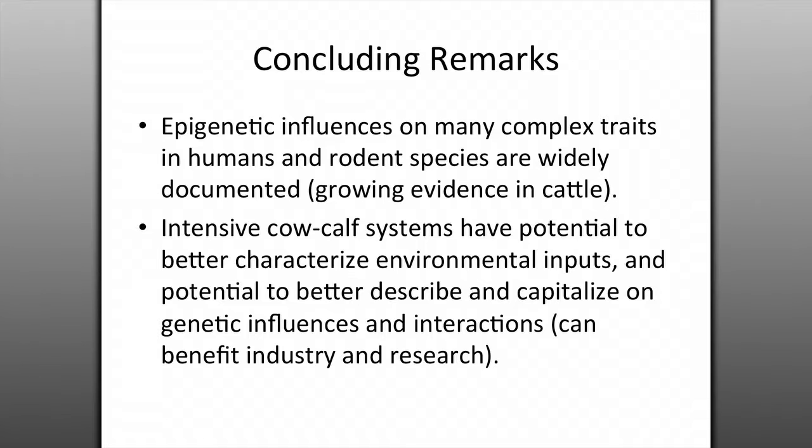We know that some of these non-typical, non-traditional genetic effects are important in other species. If we look at some of the work that's been done at Nebraska, Wyoming, South Dakota State, and North Dakota State, we know that in regard to fetal programming, there's potential to change how some genes are being expressed due to maternal nutrition. So there's growing evidence that that's important in cattle. And the people involved in the intensive production systems on the cow-calf side, I think, are really structured to maybe